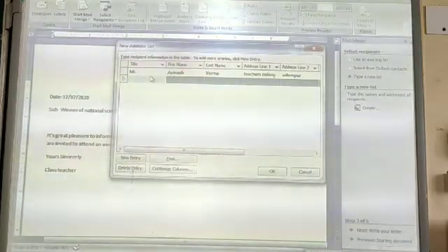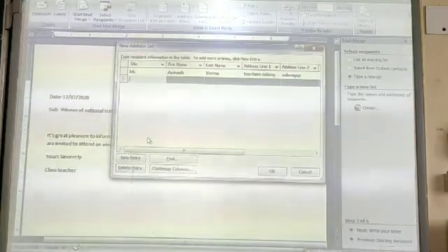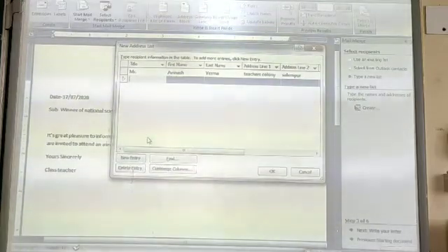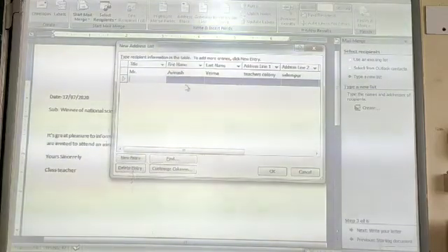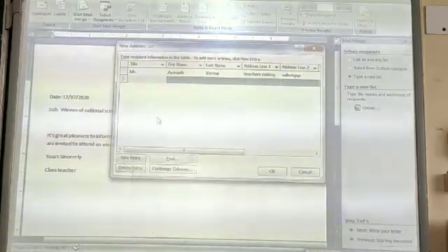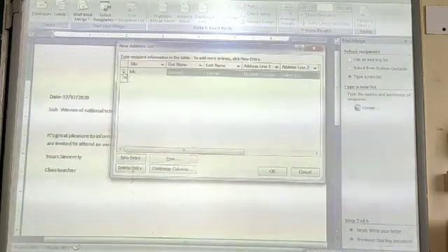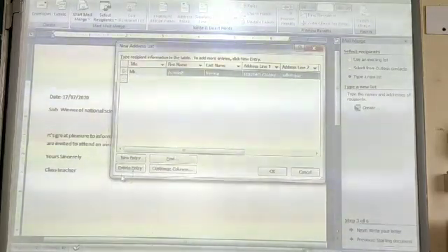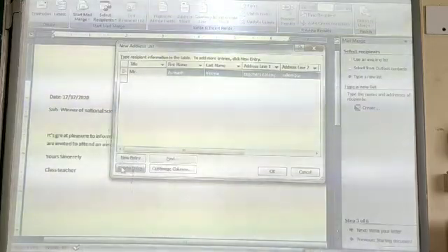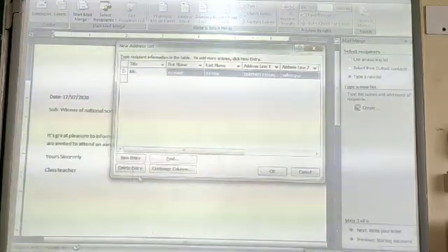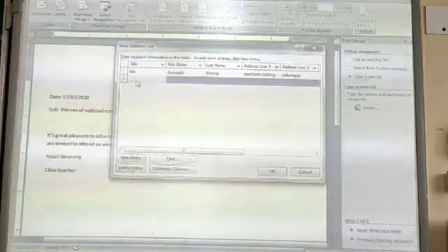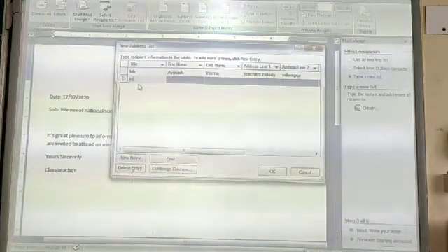Now, suppose you have entered any entry wrong, or you do not want to send a letter to them, then you have to delete the entry from your data source. You can select the entry, click here, and it will be selected, and you can directly click on the delete entry option. Now, as I want to enter one more detail,